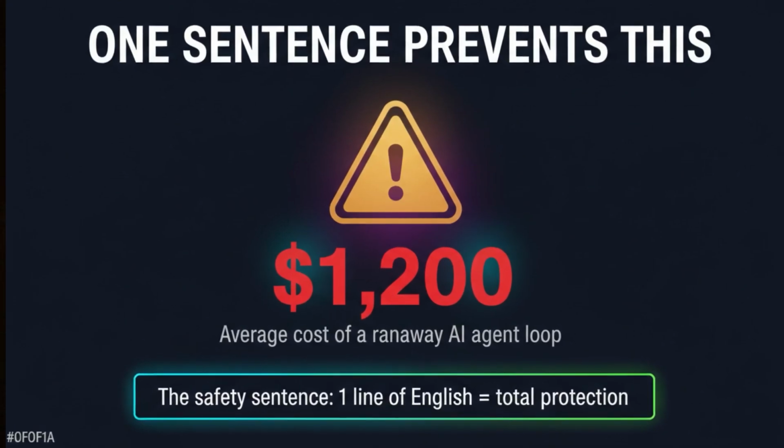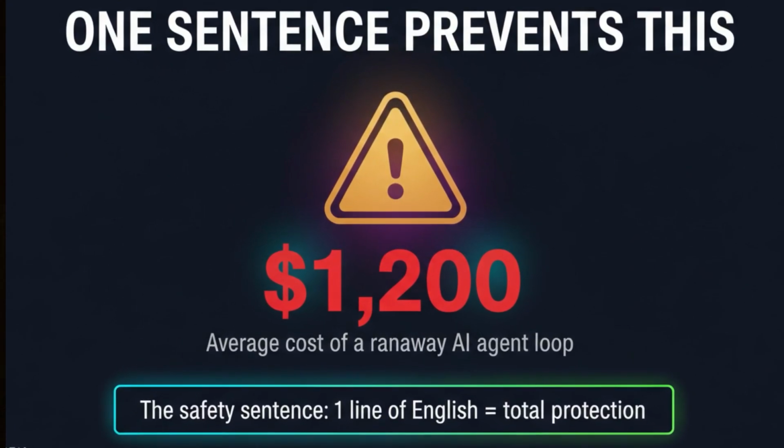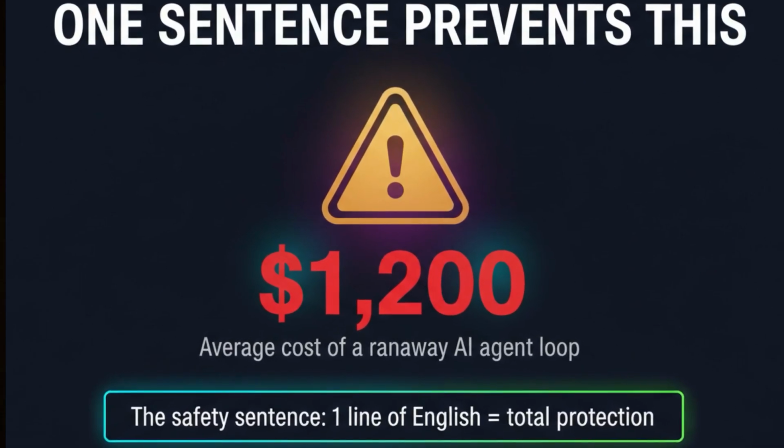A single file type breaks this cycle permanently. It is not an app. It is not a platform. It is not something you need to download or pay for. And I will show you the one sentence you must include in that file. The sentence that separates a useful automation from a $1,200 mistake. In the next 15 minutes, I am going to show you what this file is, why it matters more than any AI skill you have heard of, and how to write your first one tonight in less time than it takes to order dinner. No code, no technical background, just English.